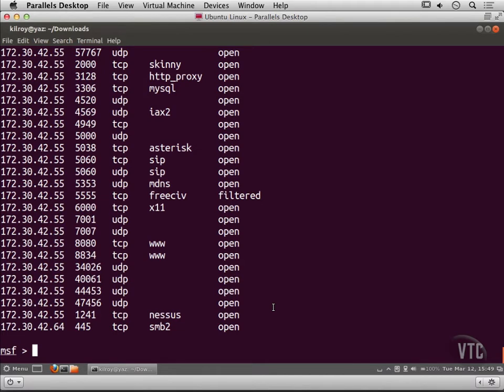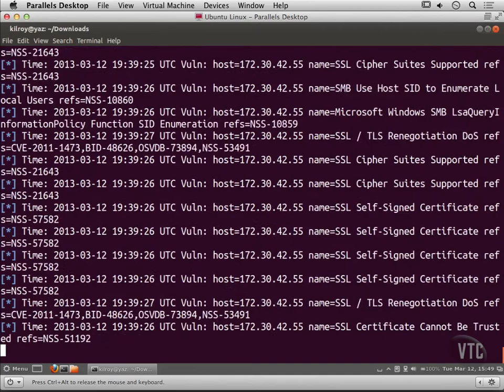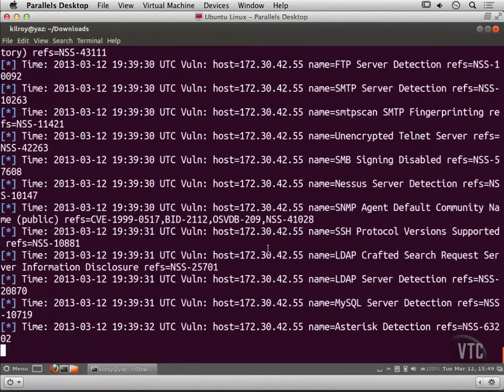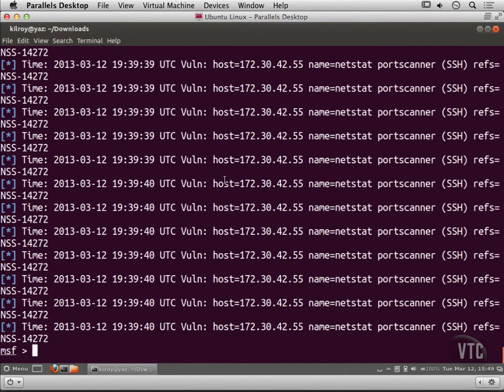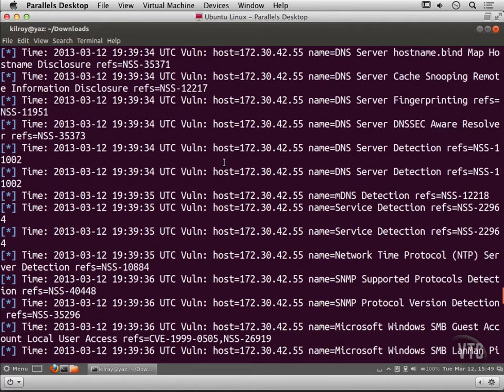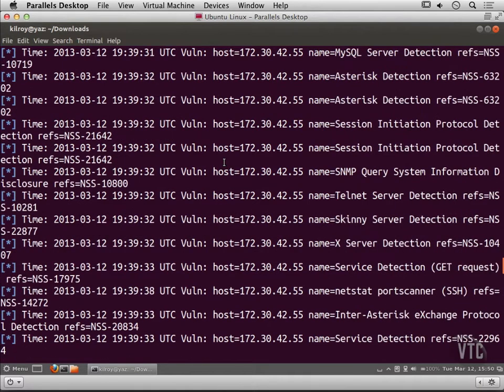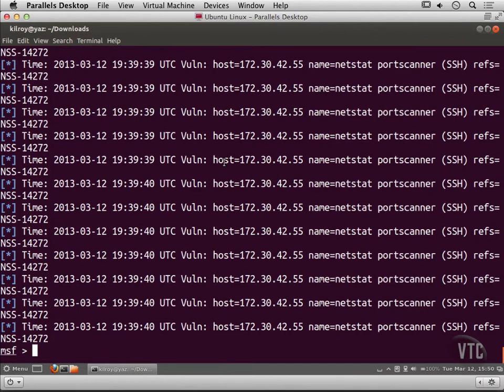I actually want to take a look at the vulnerabilities that I've got. So I can list the vulnerabilities that we have found, and here we've actually got a lot of vulnerabilities because Nessus turned up a lot of vulnerabilities from the scan that was performed. And now I've got the challenge of going and digging through all of these vulnerabilities to see if I can find anything that's useful. So again, we've actually got a lot of data stored in the database here in Metasploit,